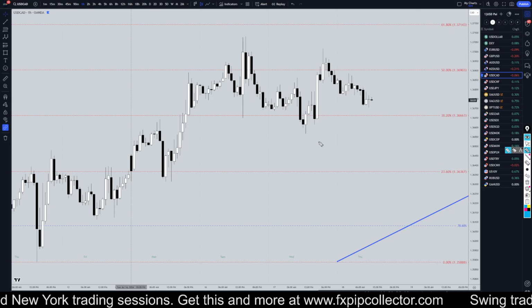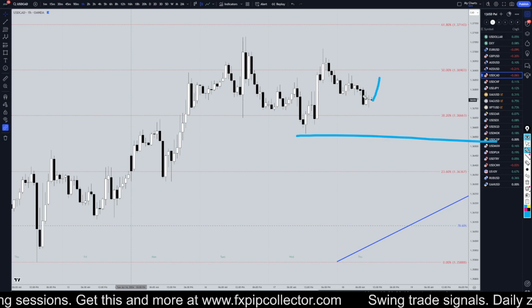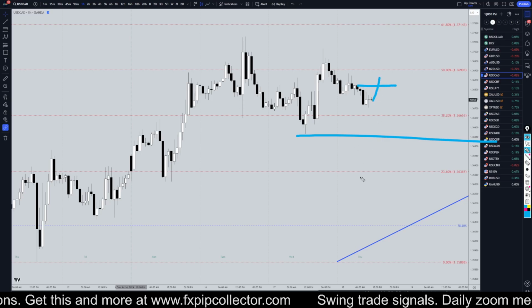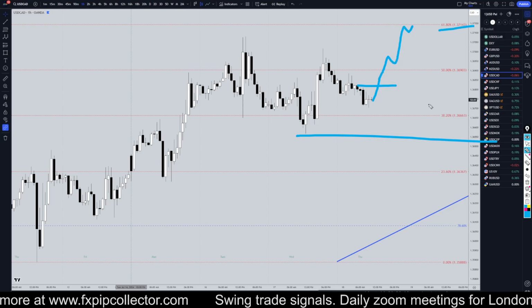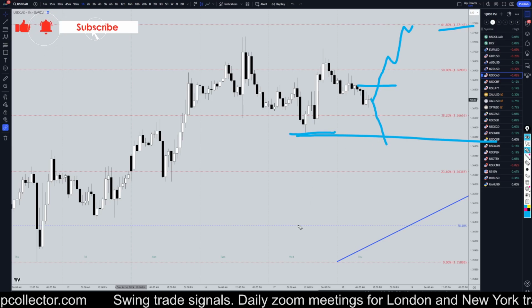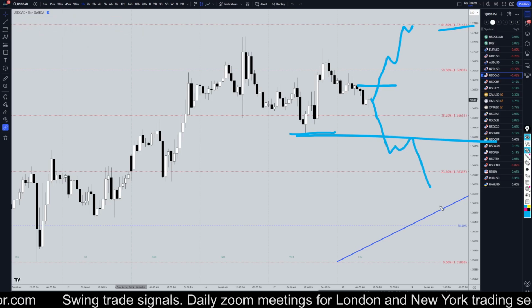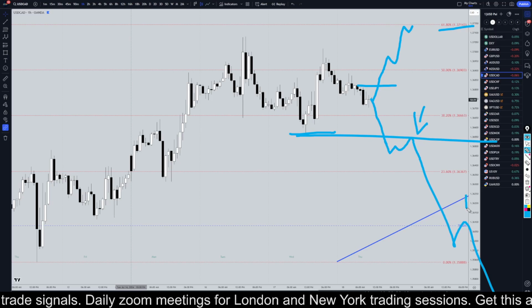On the 1 hour time frame, unless it breaks this structure right here, I am looking for longs. If this makes an engulfing move to the upside, especially if you get a break, then I would go long again, maybe ride it all the way up to the 61.8. On the other hand, if it keeps drifting down and it breaks this structure, then I will stop looking for longs and I will start looking for shorts at the end of every pullback I see, potentially for the continuation